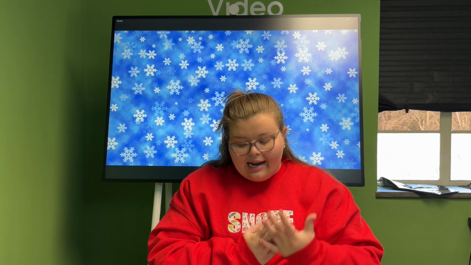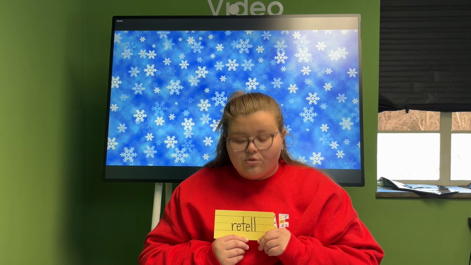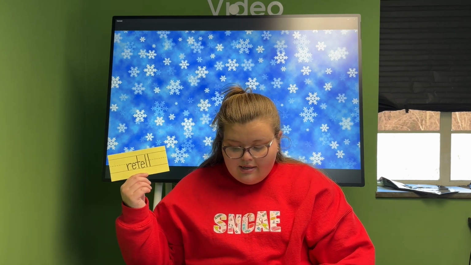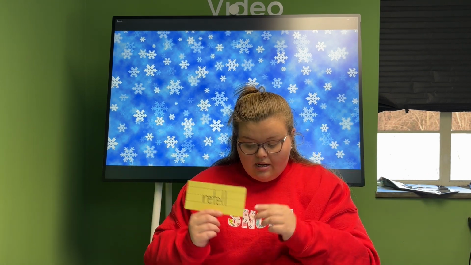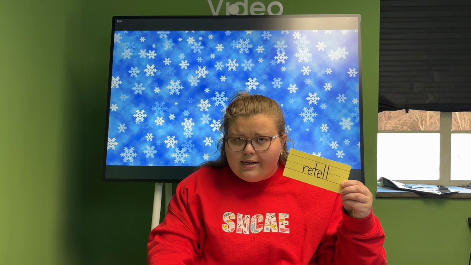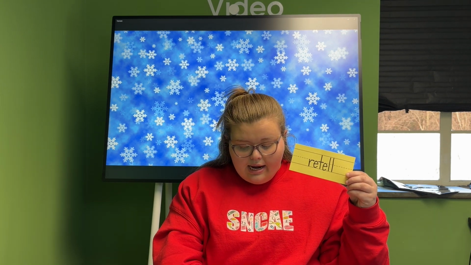For our story and activity, we're going to retell a story. Can anyone tell me what retelling is, or what does it mean to retell a story? Let's see. Retell means to tell again, using your own words. Or like what you said, we can retell a second time. And then when we retell stories, we retell them with a beginning and middle and end, and they're in an